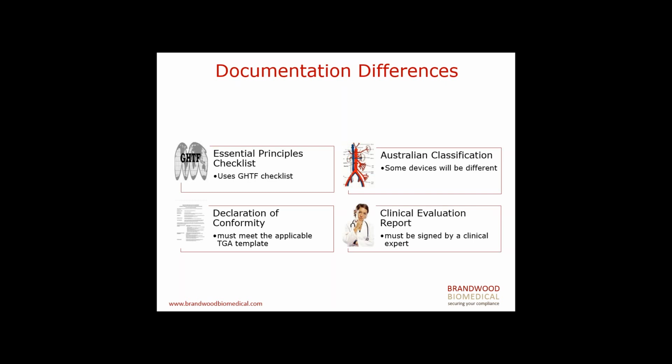And we have had cases where manufacturers have obtained their CE mark and their CE certificate for a Class 3 product. And when it comes to applying for TGA approval, they've submitted their clinical evidence, which was approved by the notified body, and it is not actually accepted by TGA. In most cases, usually TGA don't reject it in the first go. They will come back with a series of suggestions and a series of deficiencies they've identified in the report. So presentation and contents of the clinical evaluation, we have seen differences, but the key change is that it must